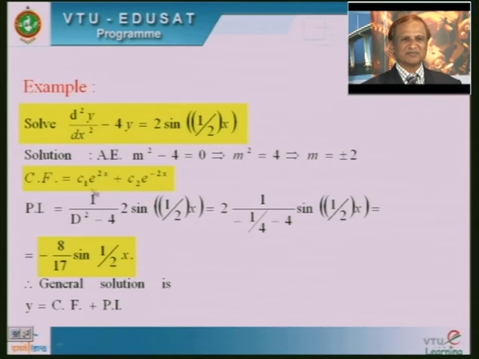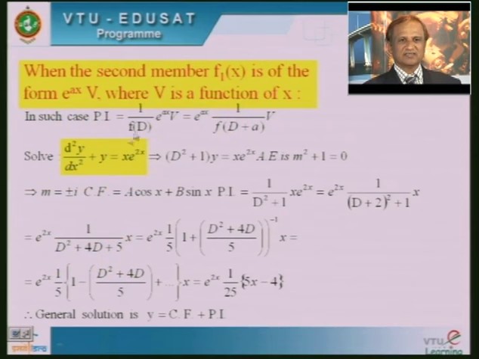Again you will get a term in D. That is why you want to multiply by its conjugate for numerator and denominator. Then again it becomes D square. Then again you can replace D square by minus a square. Is it clear? Right? So I hope you will practice similar types of examples.